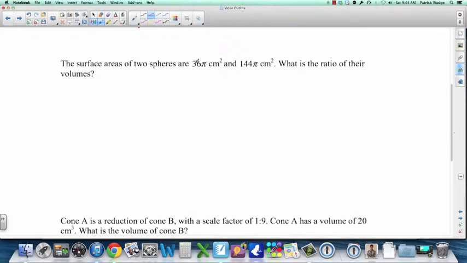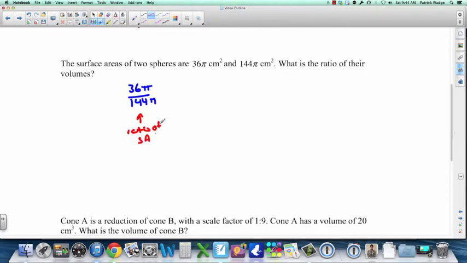So yeah, this just means 36 times 3.141 whatever, and this means 144 times that amount. So we want to know, if this is the surface area of them, what's the ratio of the volumes? Okay, well obviously we can write a ratio of surface areas. The ratio of surface areas is 36 pi to 144 pi. This is the ratio